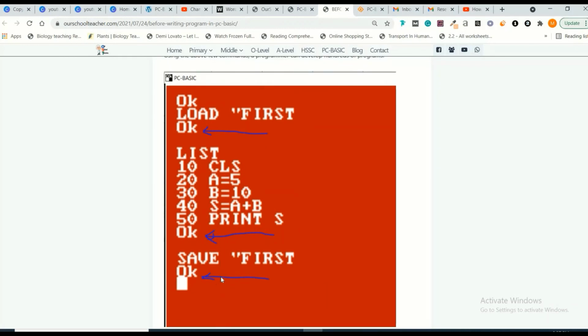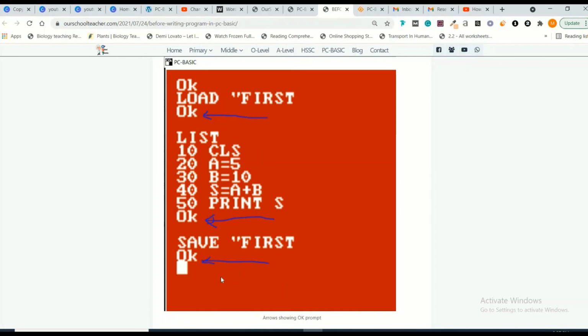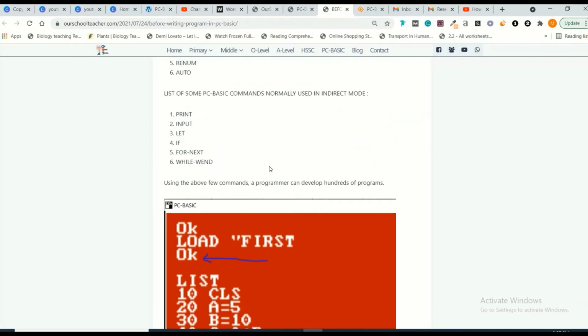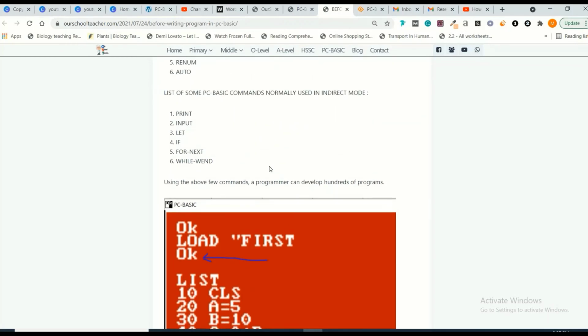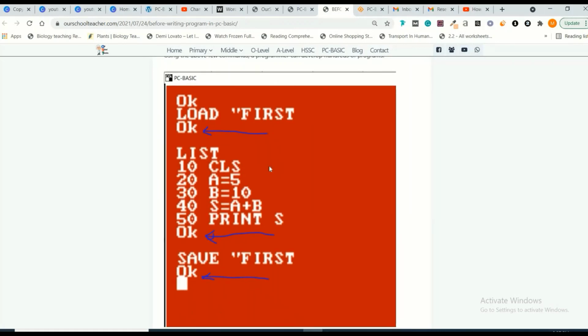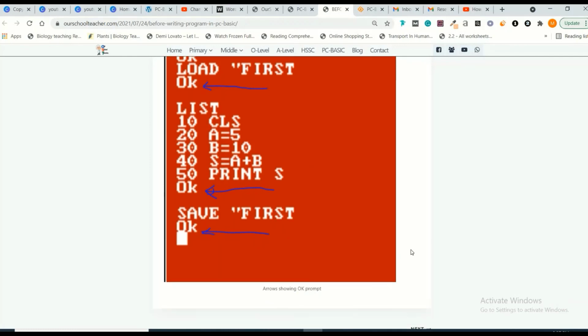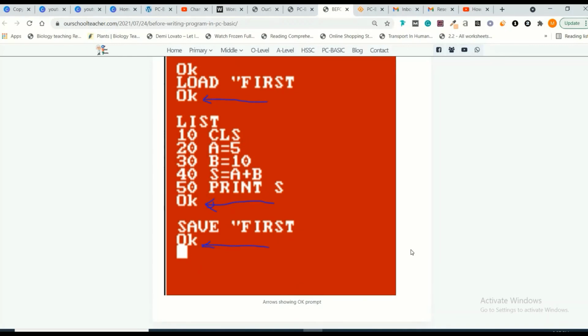The last picture which is given is pointing out the OK prompt. These are the OK prompts, and you should not be confused because of the red color. I have told you just a few commands. There are dozens of commands which can be used in BASIC, but we are going to learn only those commands which are important for us. Otherwise, this red color I have used by using the color command. If you are curious and want to learn, you can Google it on your computer.